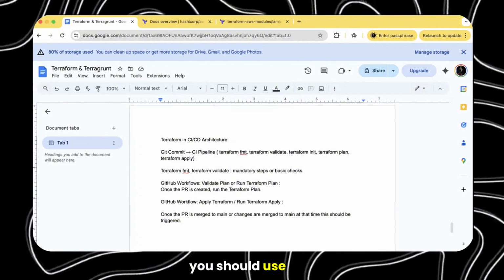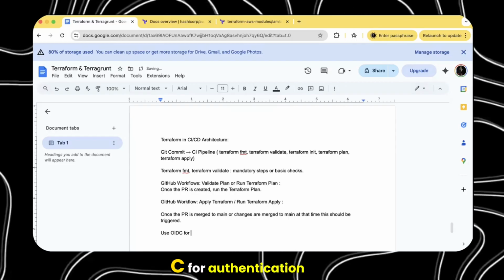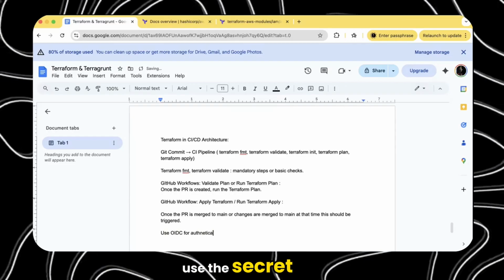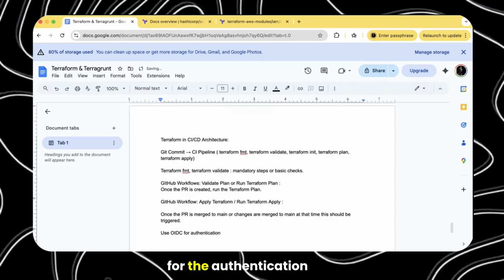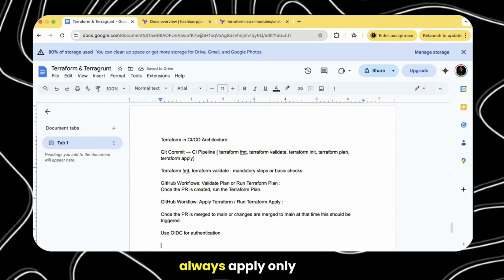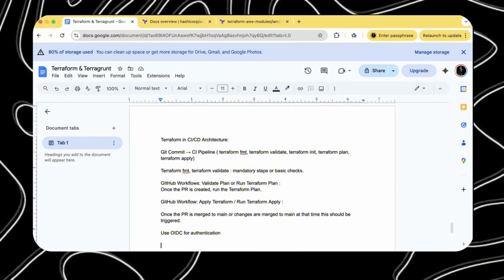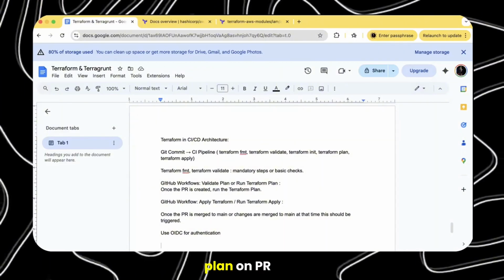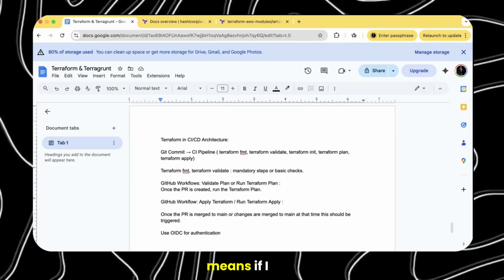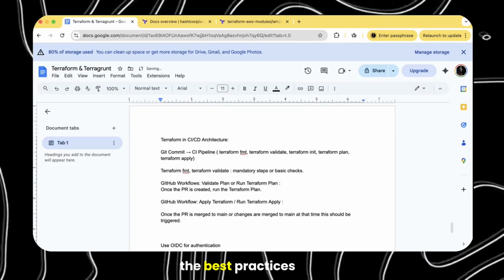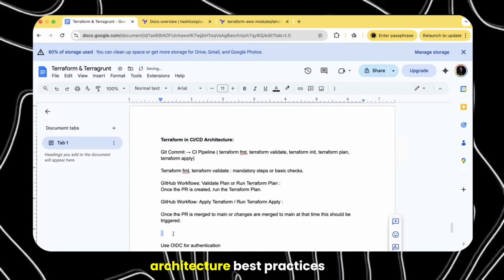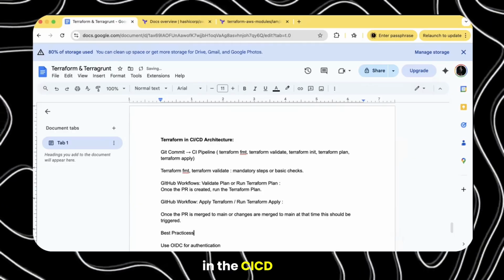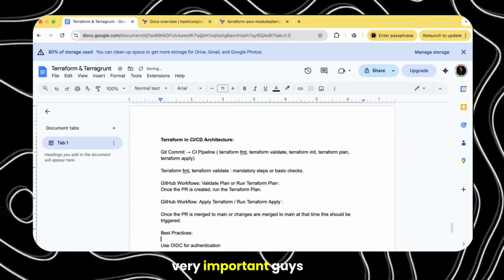You should use OIDC for authentication. You should not use secret keys and access keys. Always apply only from main. These are some of the best practices for Terraform in the CI/CD architecture. This is very, very important, guys.